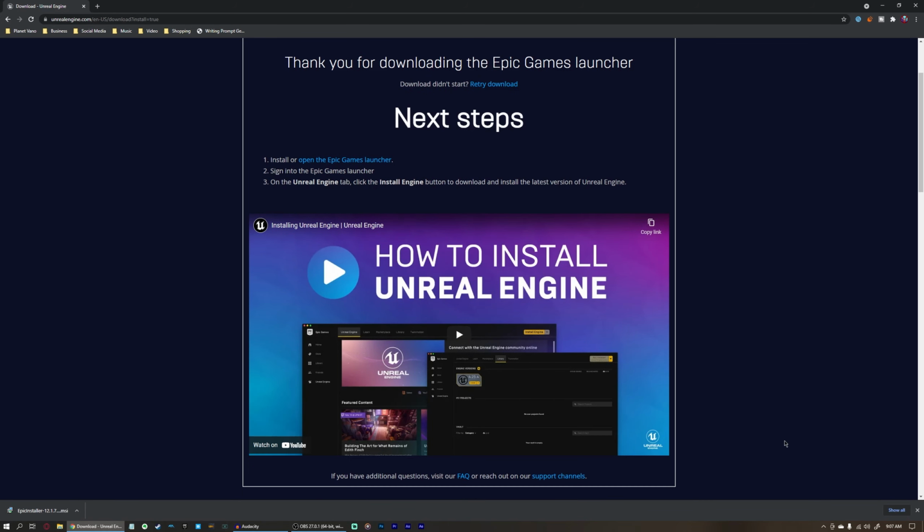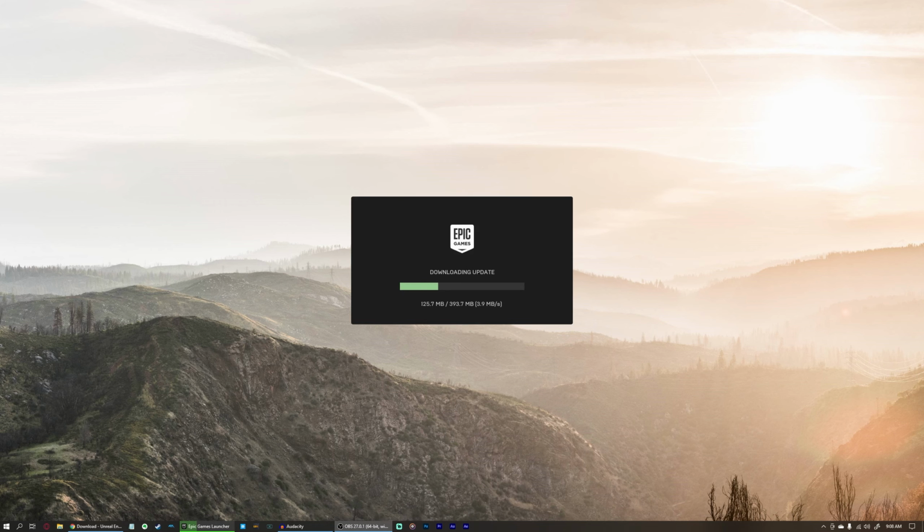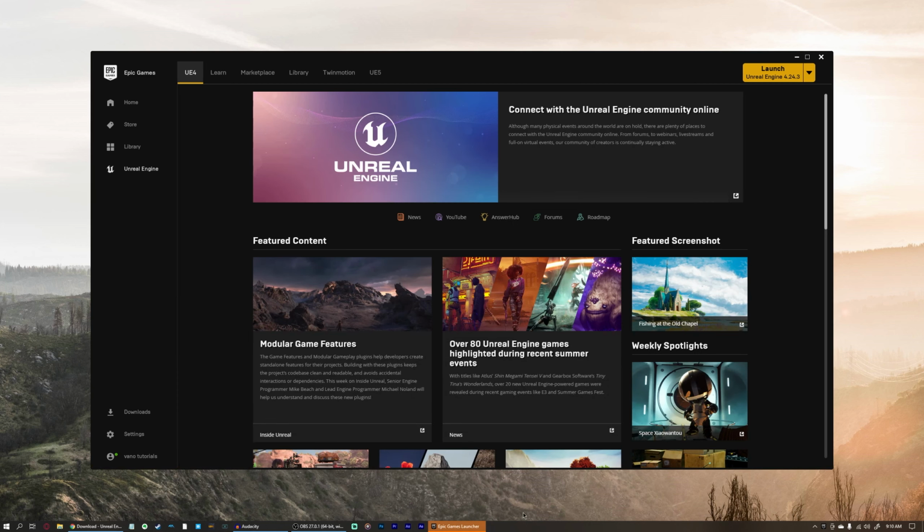Now that that's done downloading, you can probably follow this tutorial here, and they're going to do my job for me. We can just go ahead and skip through the installer here. Alright, now that it's finally installed, which took a little bit longer than expected,